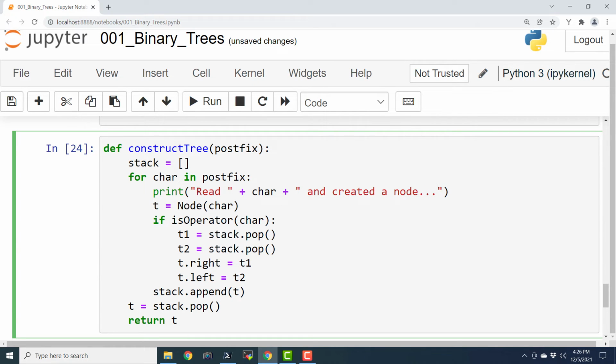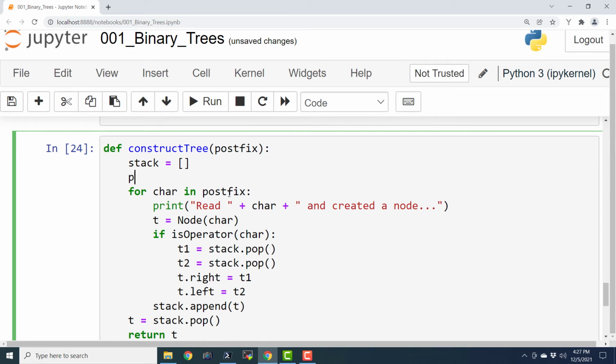So here we are saying that read this particular character and created a node. And here I will say print postfix expression is, and here plus postfix. So all these print statements are very useful for debugging purposes.